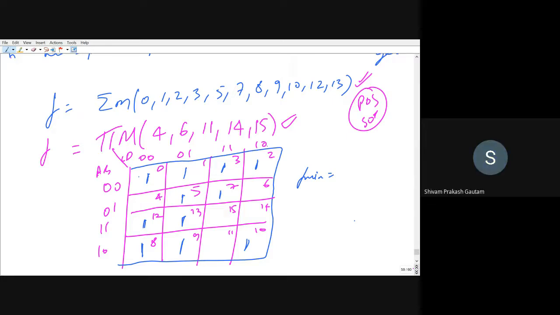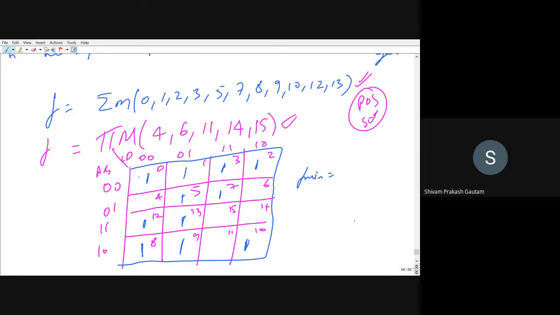Cell number 2 is also having 1, no? Cell number 2 is adjacent to cell number 10. Yes, sir. Okay, 8 is also there and 2 is also there. So there are no such cases. Correct.